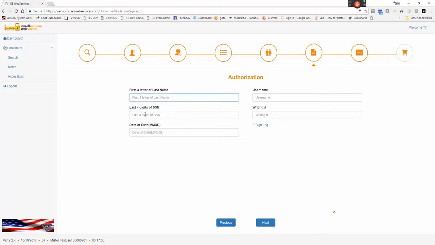So if you're going to sell multiple products, you see where this information right here on the screen becomes valuable, so you don't have to keep asking over and over, what's the last four of your social security number, what's your date of birth. And then you sign on your side, and because this is a Humana product, then you have to put in the Humana writing number. And we're not going to finish this one, just so that you can see what you have to do. So we'll come back to this,